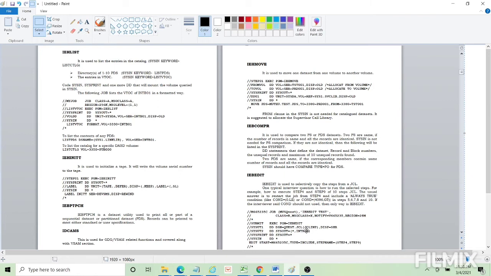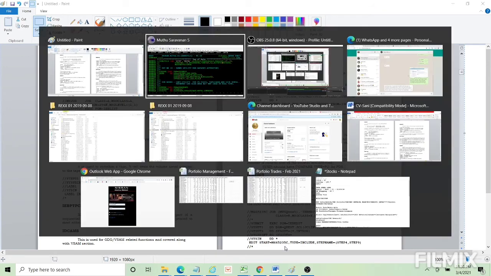IEBEDIT is used for that purpose. And I'm seeing here something, INTRDR. Probably before winding up this video, I'll talk about this INTRDR, because it is something you should be aware of.